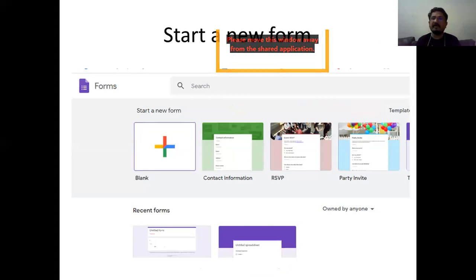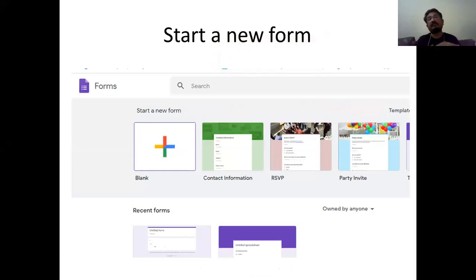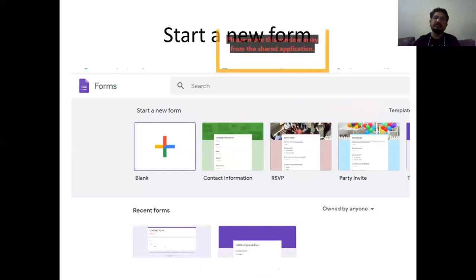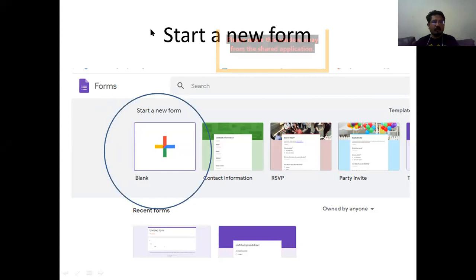So this window can be found through two options. One, either Google Classroom: once you have created a classroom, you can enter from the quiz part and you will come here. Or if you haven't created your Google Classroom, you can enter through this process also. So you can generate any kind of forms. Although it's advisable to first go through the templates, you can also create your own questions by clicking on this blank form.